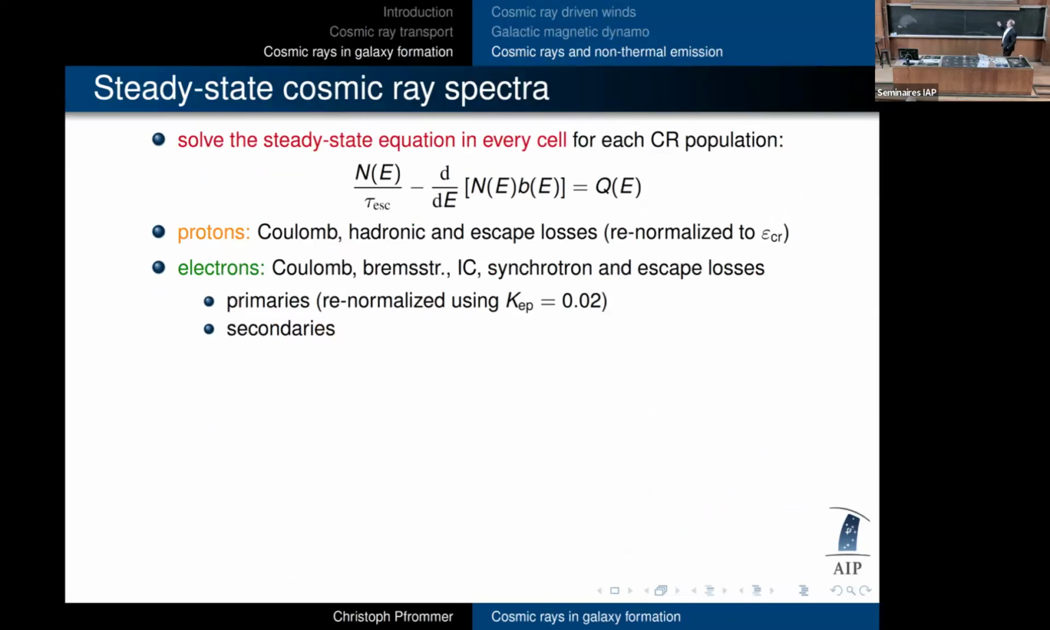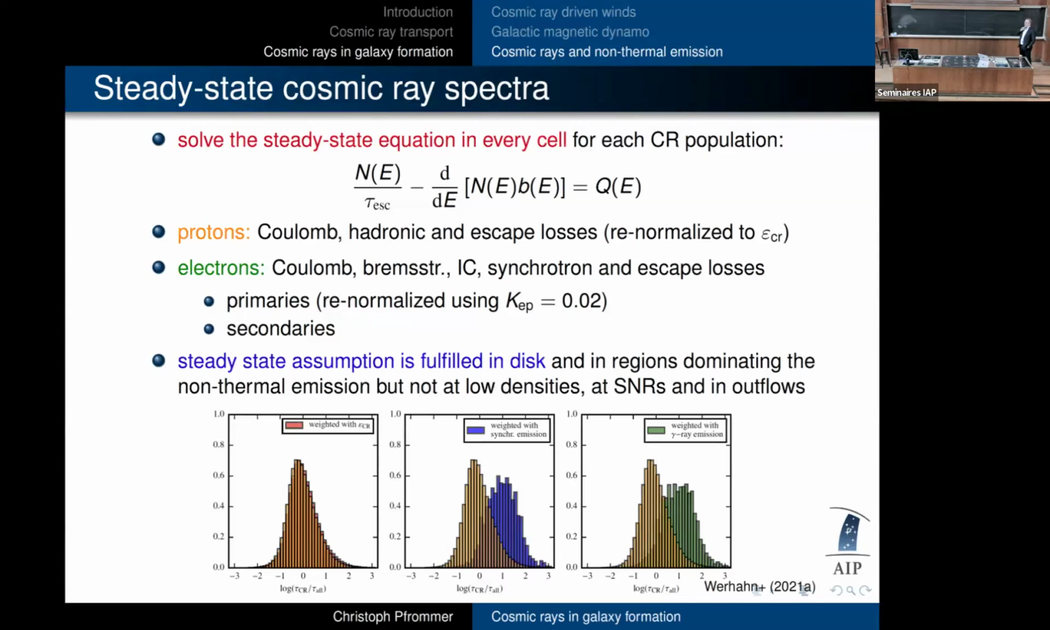So that means we solve this equation, which is a simple equation for a spectrum of the electrons in every cell of our simulation. For the protons, we account for all possible loss processes: Coulomb, hadronic, and escape losses. For the electrons, we additionally account for inverse Compton and synchrotron losses. Primaries are electrons accelerated at the supernova remnants. The secondaries are the electrons coming from proton-gas collisions in the ISM that make pions, which decay into muons and secondary electrons. Now, the first question you may have is